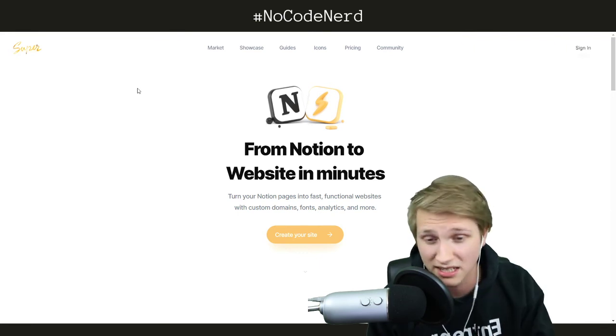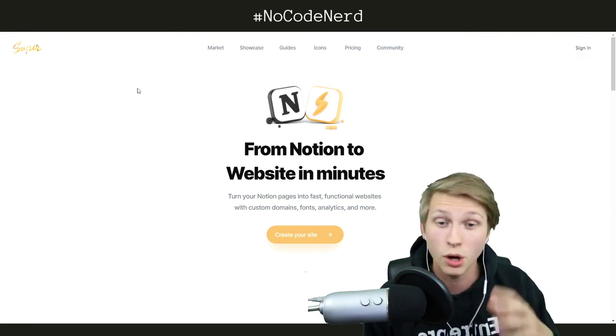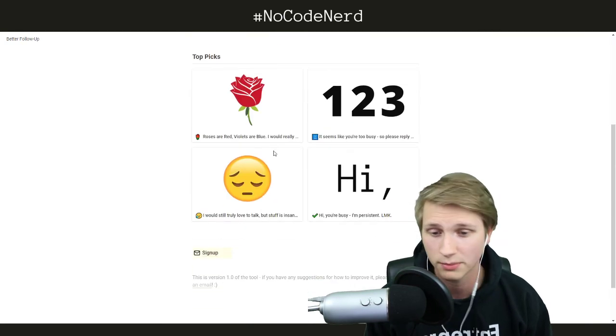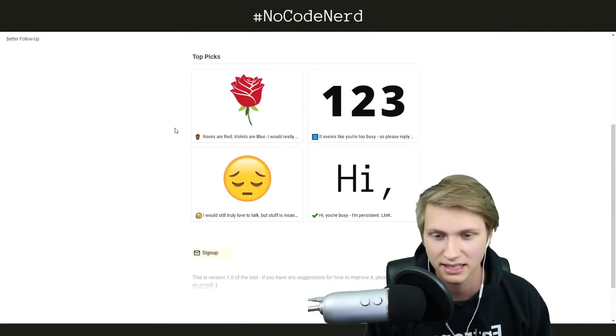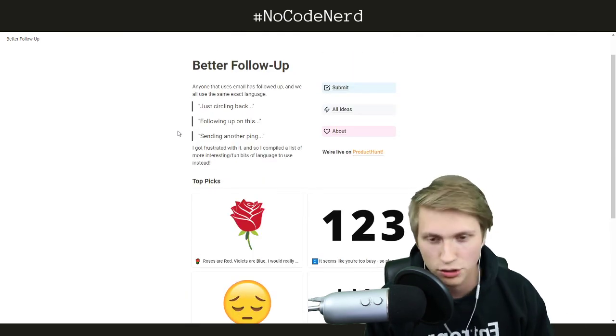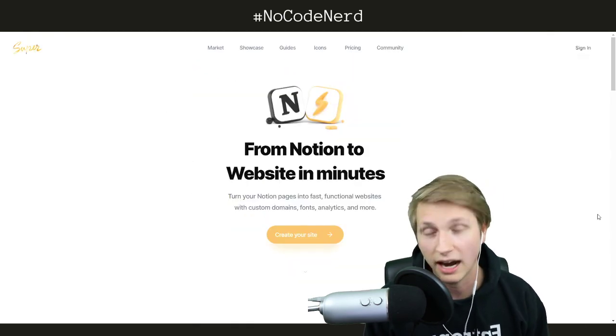But Super is an amazing tool, especially if you love Notion and you know how to build really well in it, because then you can build really simple websites and more complex ones with an amazingly accessible content structure. It's just wonderful. I highly recommend you go check out